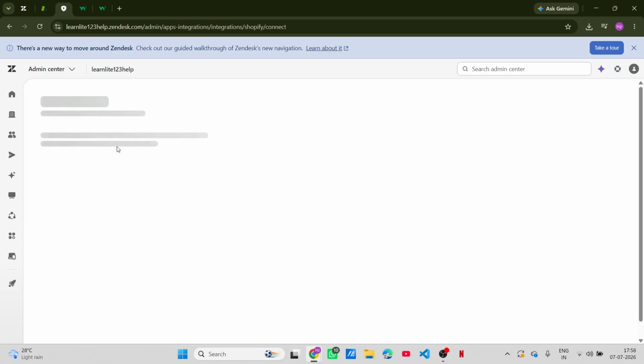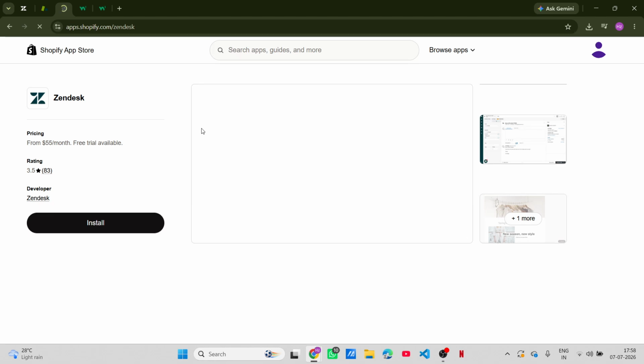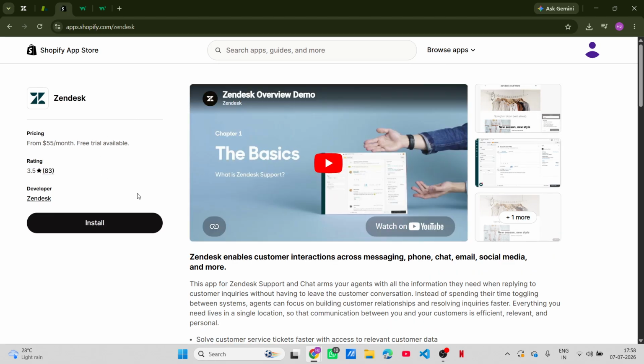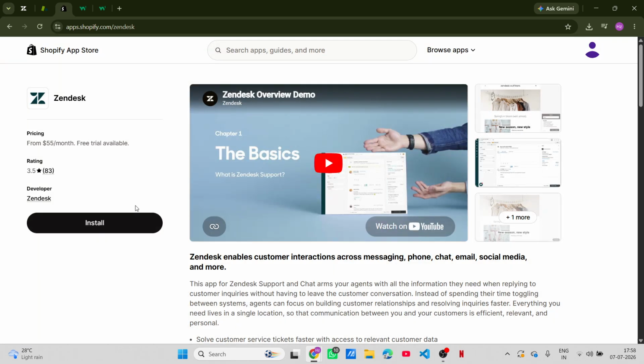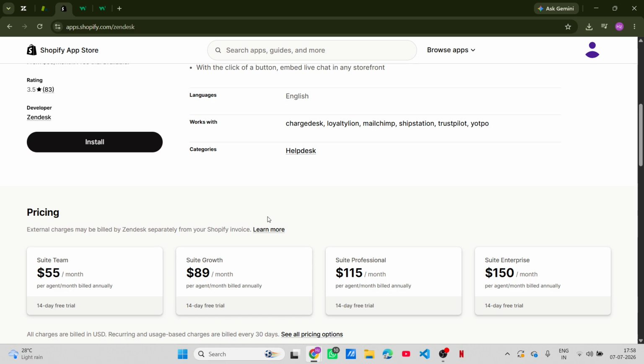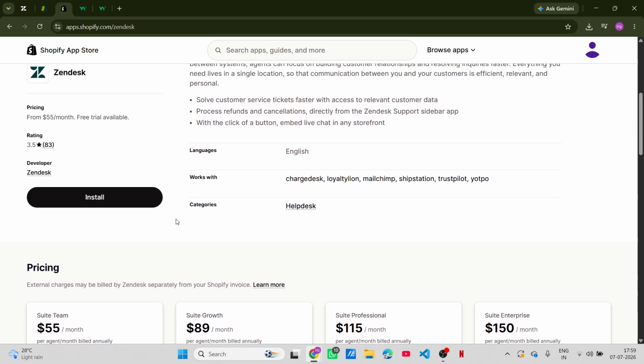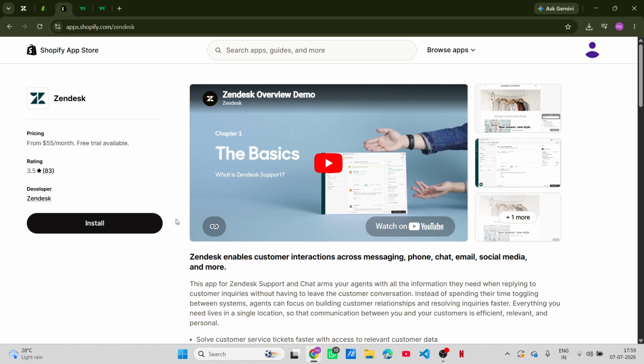Now, in the App Marketplace, we need to search for Shopify. Go ahead and type Shopify for Zendesk into the Marketplace search bar. It's important to find the official app listing, so take a moment to confirm that you have the right one. Once you find it, usually it will have a good amount of reviews and possibly some ratings. Click on the Install button. This process sets us up for linking your Shopify store to your Zendesk account, which is essential for streamlining your